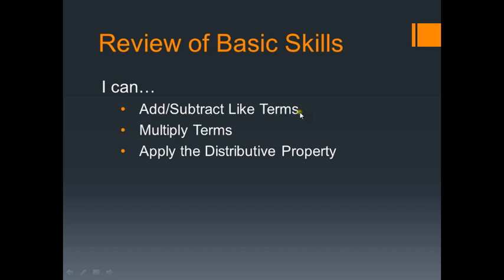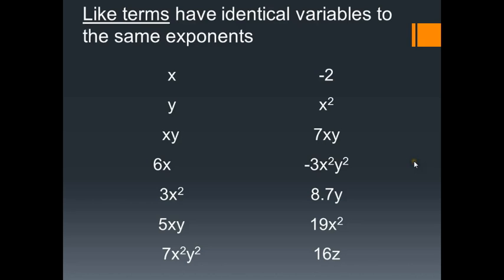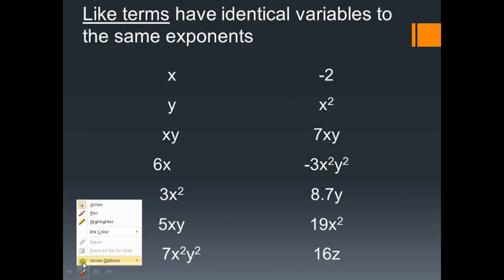So, adding and subtracting like terms, multiplying terms, applying the distributive property. All things you went over lots in Algebra 1. So, like terms have identical variables, those variables to the same exponents. So here I have a list of just general terms. We'll go through